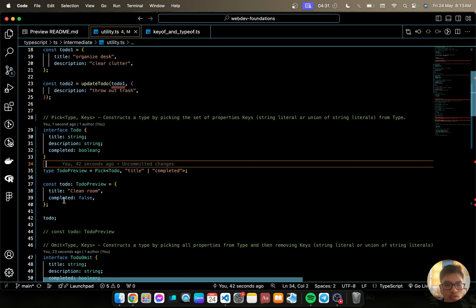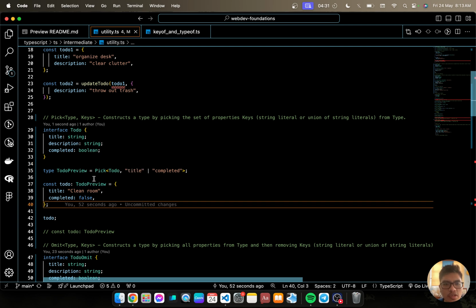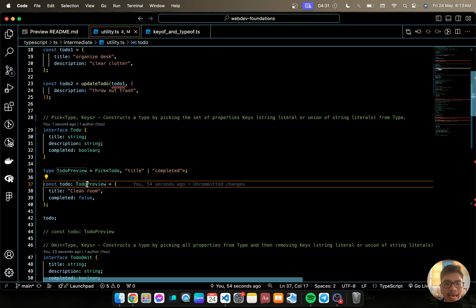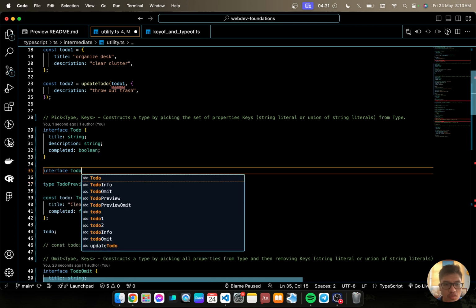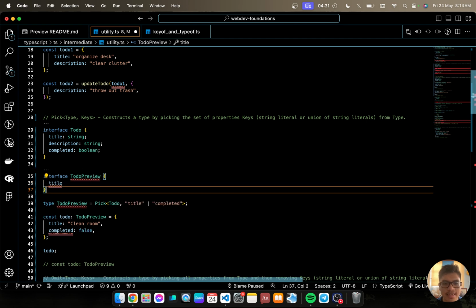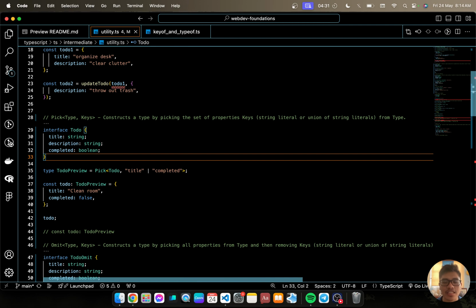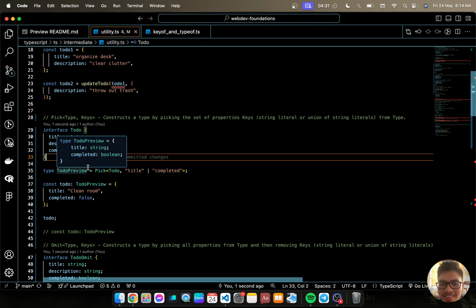When we check TodoPreview, we have title and completed. Pick is useful since we already have an existing interface, an existing type. So instead of creating interface TodoPreview, yada yada yada, we can just reuse Todo and pick the specific keys that we want. And that saves us time. Okay?